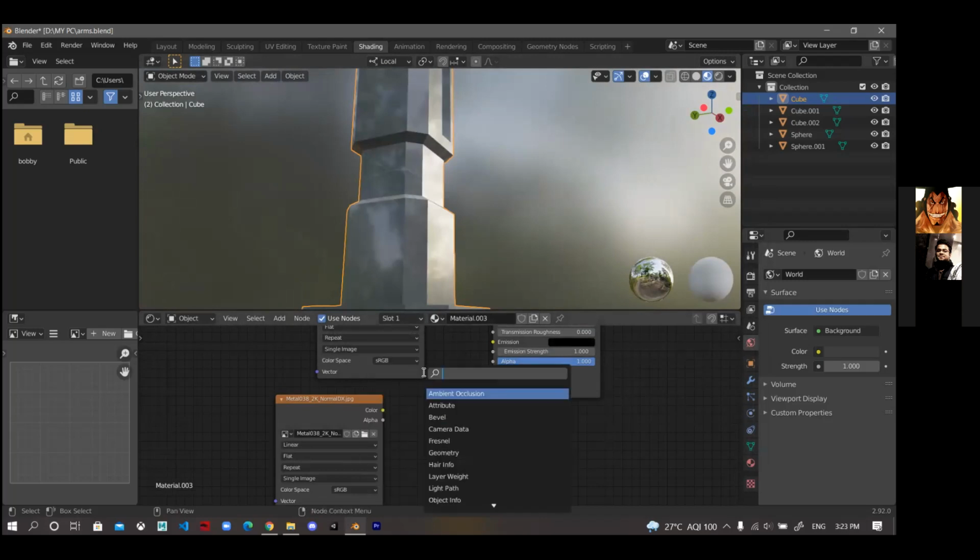Basically, we connect color to color and the normal.